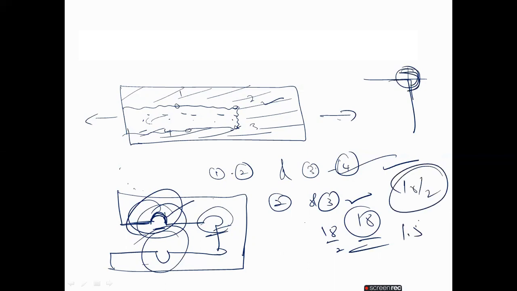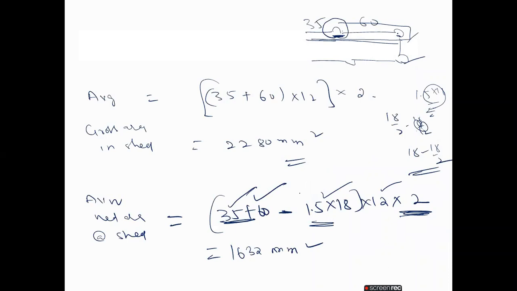So that's why total 1.5 times the whole diameter. Okay. So this is the 1 and also this is the 0.5. So like that we will enter here and we will get the AVN. So then we got the answer. So same like that we have to calculate the ATG. So ATG is nothing but 60 into 12. That is 720 mm square.